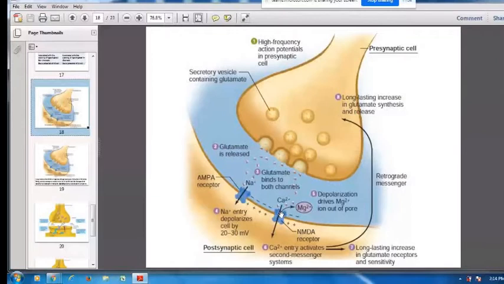When calcium ion enters inside, it activates the second messenger system. So what do you understand? Calcium, calmodulin, it activates the calcium calmodulin kinase enzyme. It activates pyruvate kinase enzyme activation. Another is tyrosine kinase. So the second messenger system is activated, meaning all these systems will be activated. What is the end result of activation?